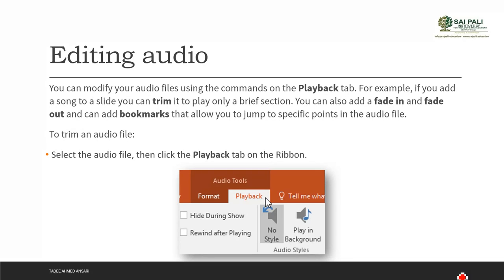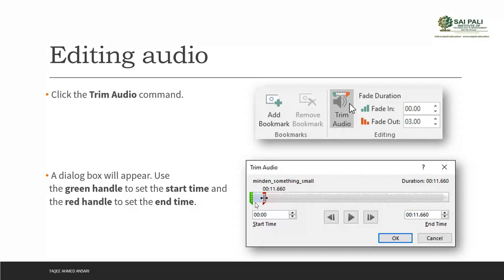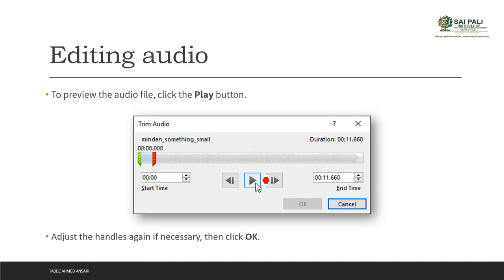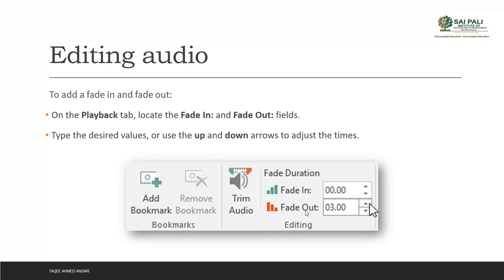So for trimming it, first select the audio file, then again you will see this audio tools tab. From there you will have the playback tab. From there you click on the trim audio command. It will open a dialog box where you can listen to the audio, and you have this green start handle and red end handle. You can adjust the handles to select the time which you want. When you're done, press OK, and it is changed